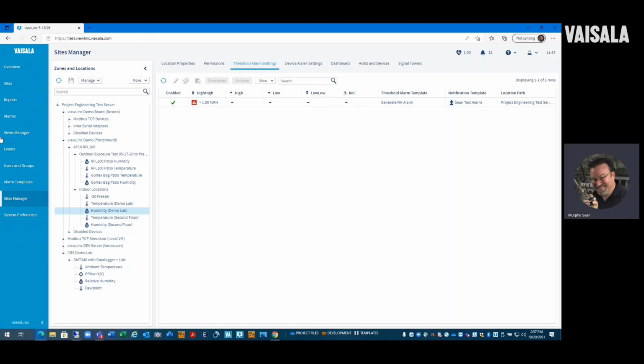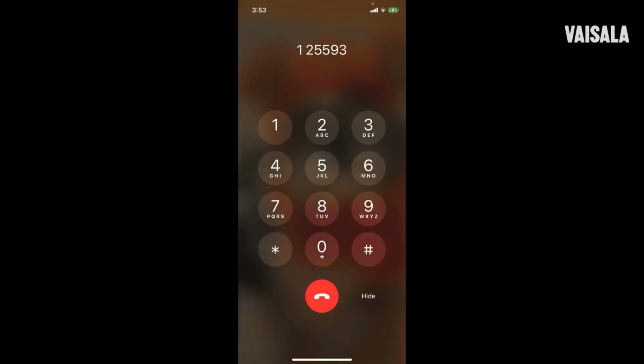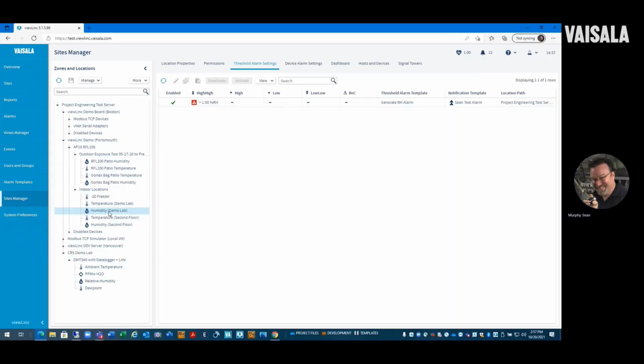In zone, Project Engineering Test Server, ViewLink Demo, Portsmouth, AP10RFL100, indoor locations. Press 1 to repeat this message. Press 2 to acknowledge this alarm and prevent the next person in the list from being called. Please enter your PIN number. The alarm has been acknowledged. Please log into your ViewLink server vim ViewLink 02 for more details about this alarm.